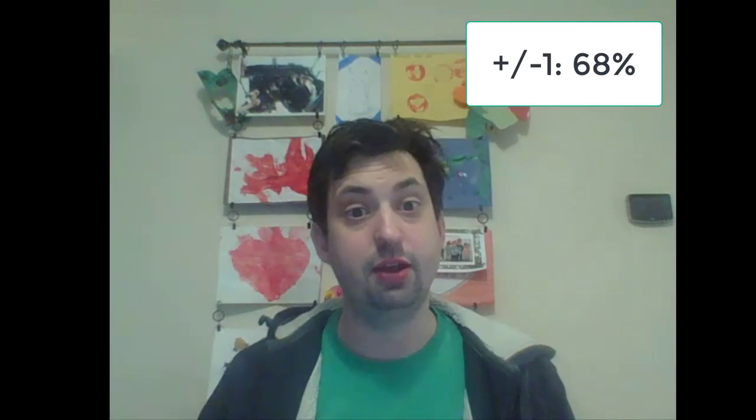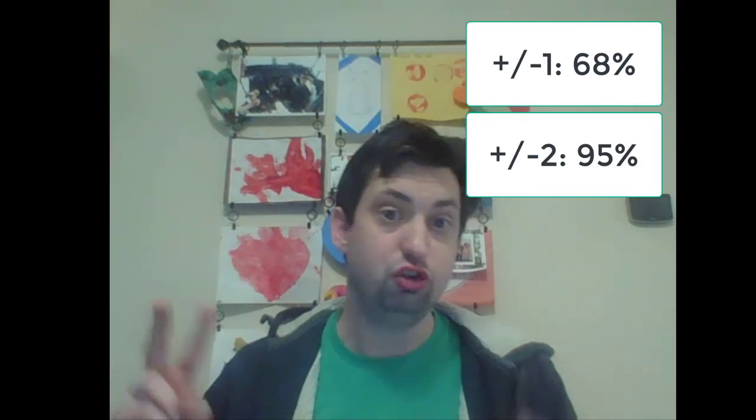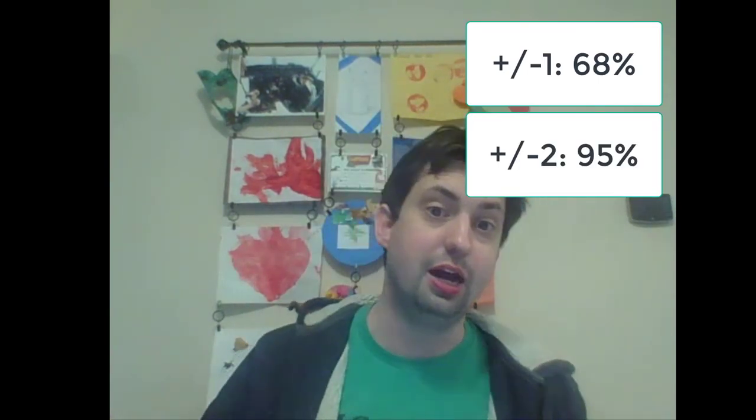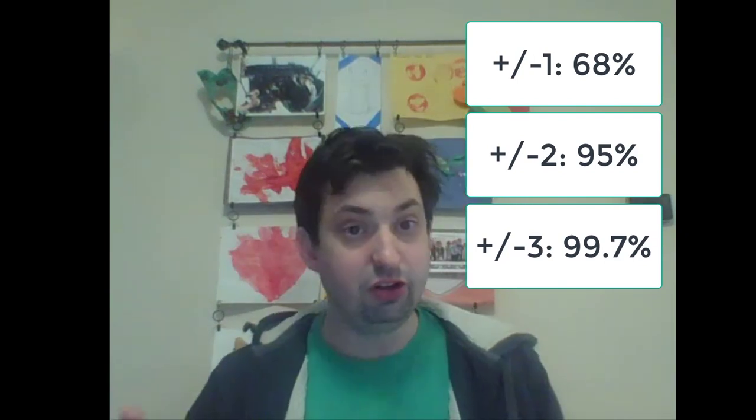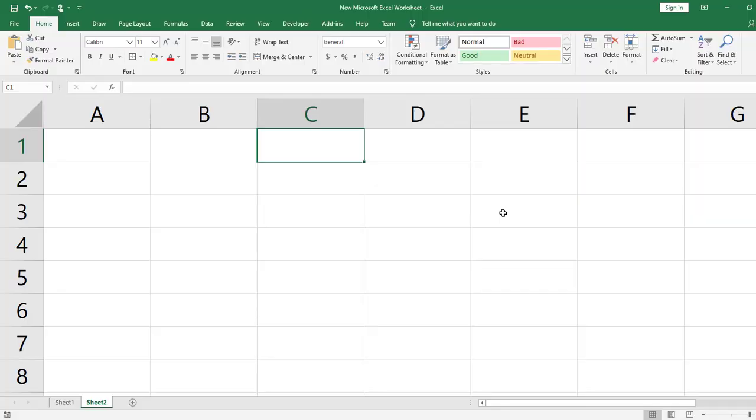And we call this the empirical rule, these three numbers. They are 68% within 1 standard deviation, 95% within 2 standard deviations, and 99.7% within 3 standard deviations. And if you can't remember that, don't worry, because I'm about to show you in Excel where it comes from. We're going to begin